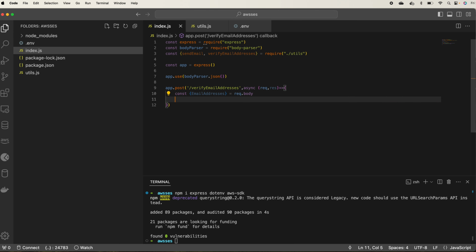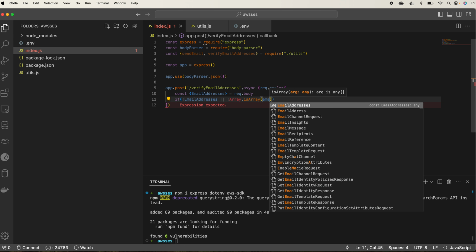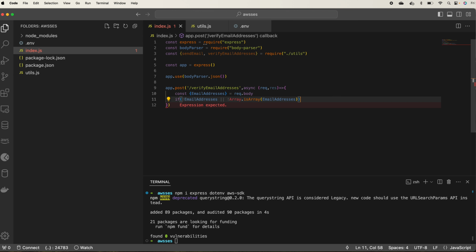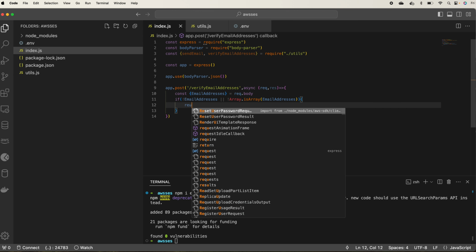The next thing would be, if not email addresses, or actually, if not array. It should be in the form of an array, right? So that's why I'm adding one more extra layer of validation in here, which will return